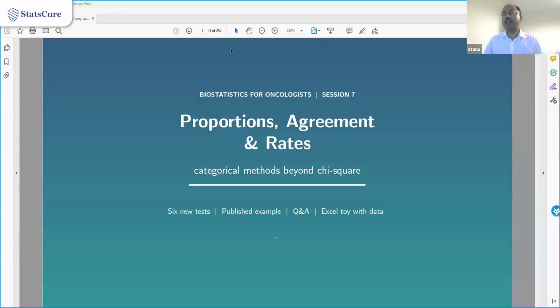As we saw the last two times with continuous data, there are different statistical tests. Now we are going to look at proportions, agreement and rates. It looks quite easy to calculate. In our routine day-to-day life, many times even in a day we keep on calculating proportions: how many times, how many numbers. But when you talk about the data point, it becomes a little